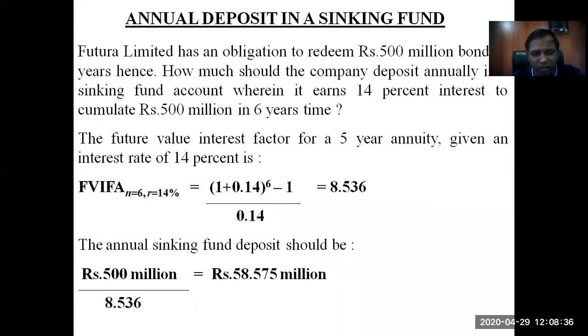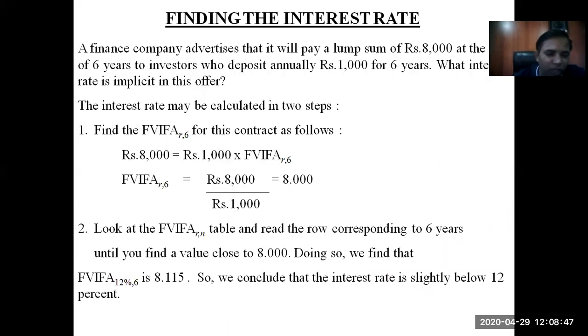This is a sinking fund. If you are investing in a sinking fund, it is the same as this. It is again calculating the annuity amount, the amount you need to deposit every year. You can also find the interest rate with the same methodology, applying the same formula where you do not know R. You can find R by dividing your future value by the annuity, and that will give you the factor value. Go and see in the reference tables where this factor value lies, and then you can calculate it easily. So we are stopping this session over here.